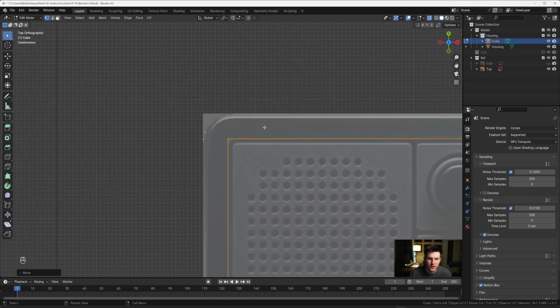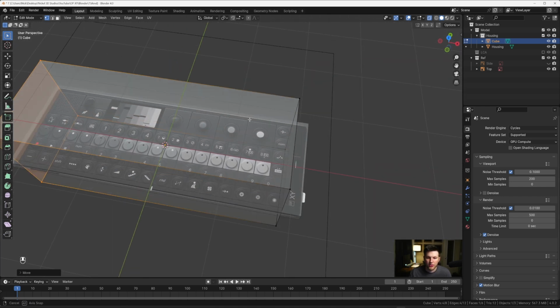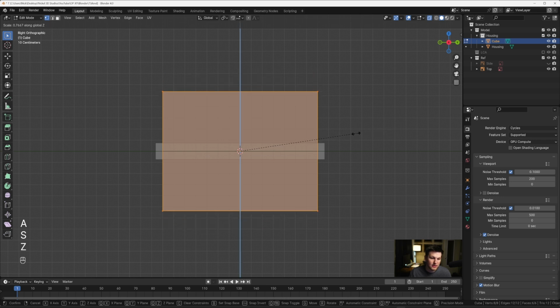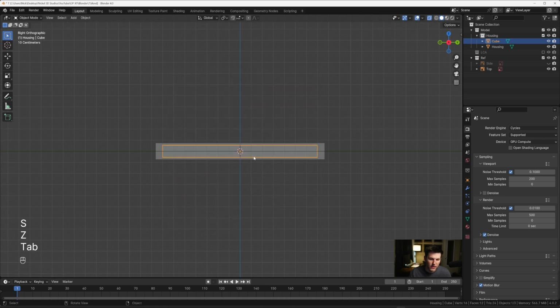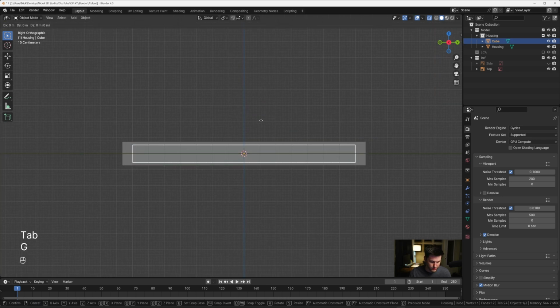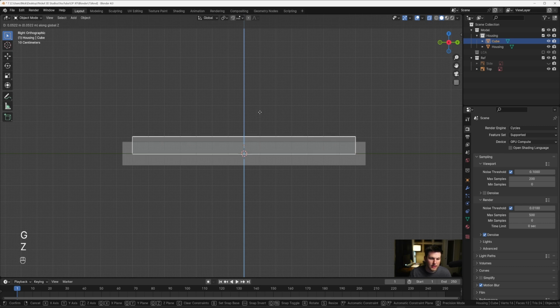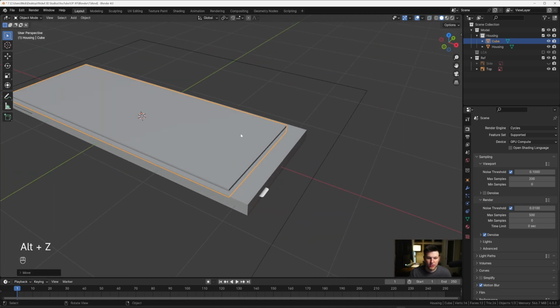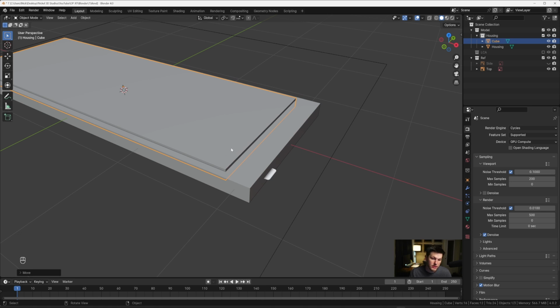Perfect. Now what I want to do is, if you go into the right hand view, we're going to A to select everything, S, and then Z to scale this down. And then I'm going to tab back into object mode and then do G Z, just bring this up to something like this. Okay. Now I'm going to go into X-ray mode and just show you kind of what we're doing. We're basically going to cut this cube out of this one, but before we do that, I want it to